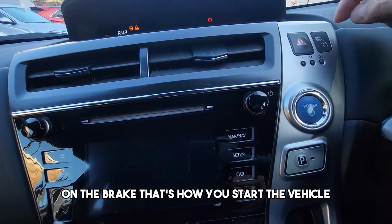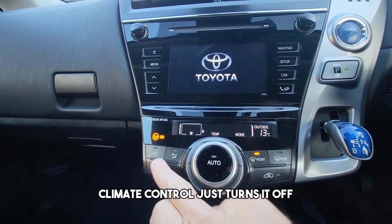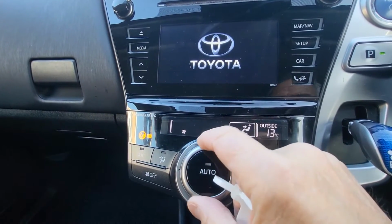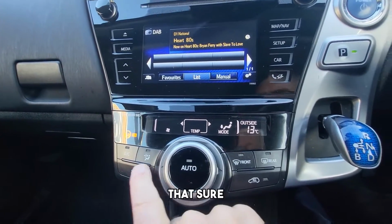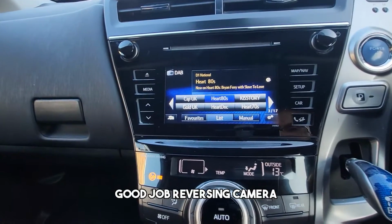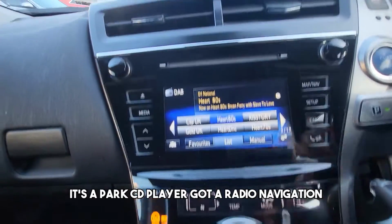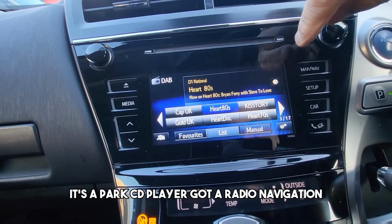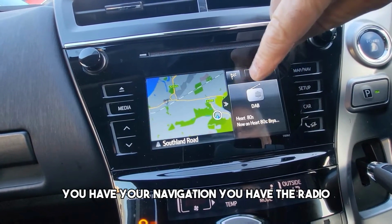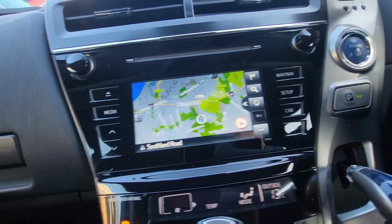Foot on the brake. That's how you start the vehicle. Climate control. Just turns it off. This does your reversing camera. Into park. CD player, got a radio, navigation. So you have your navigation, you have the radio, you've got a CD player here, park,